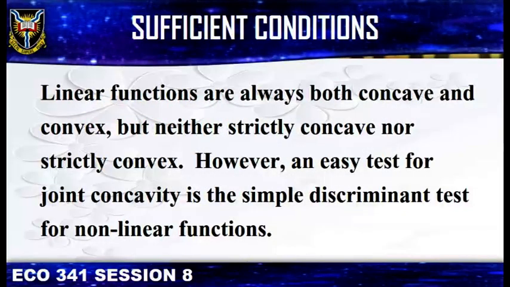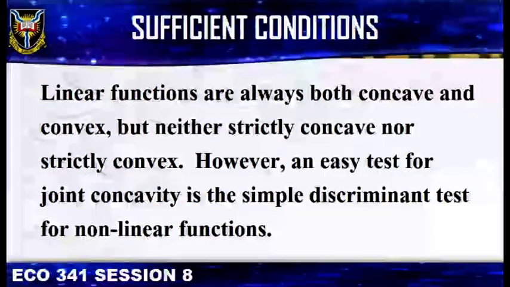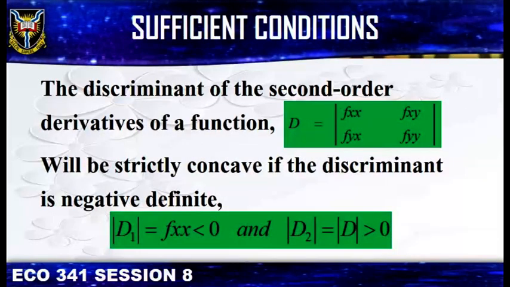Linear functions are always both concave and convex, but neither strictly concave nor strictly convex. However, an easy test for joint concavity is the simple discriminant test for nonlinear functions. The discriminant of the second order derivatives of a function, D, is equal to fxx, fxy, fyx, fyy. It will be strictly concave if the discriminant is negative definite: modulo D1 is equal to fxx less than 0 and modulo D2 is equal to modulo D greater than 0,